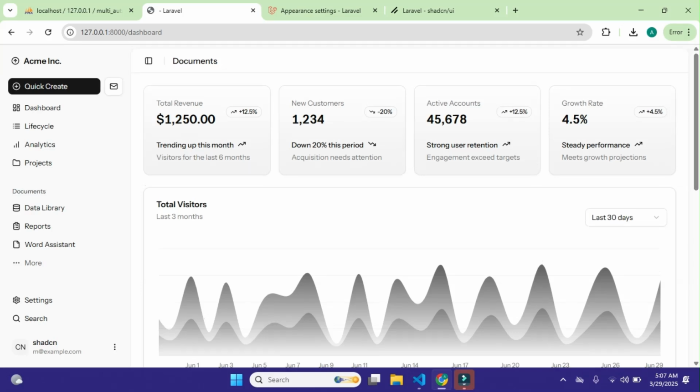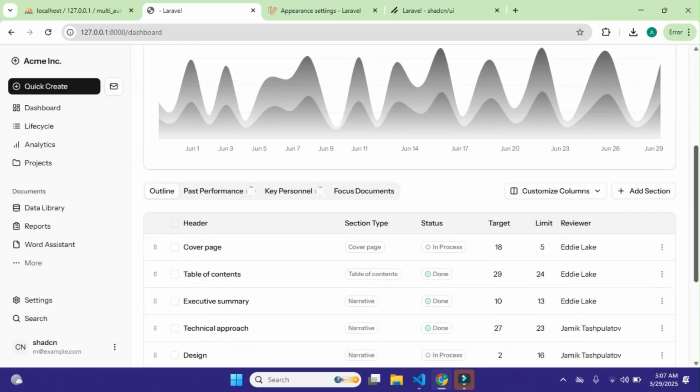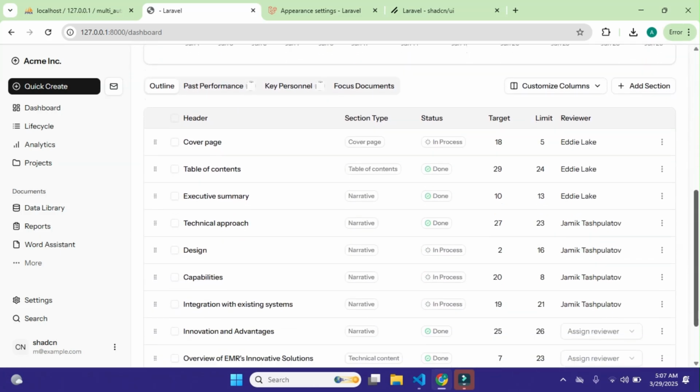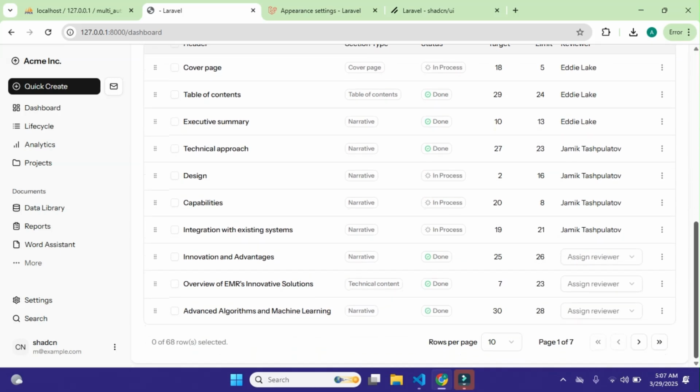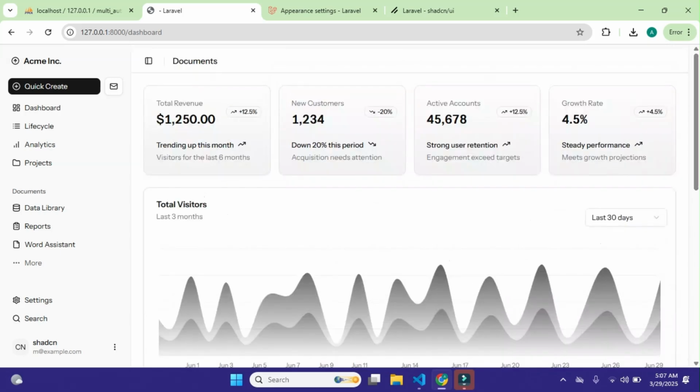Okay, so this is the dashboard and we can customize it according to our own needs, and also we can change its UI and all the sidebar components and each and everything. Okay, and it is amazing. So we simply install the first dependency for this dashboard template and then add the components in our React Starter Kit project.